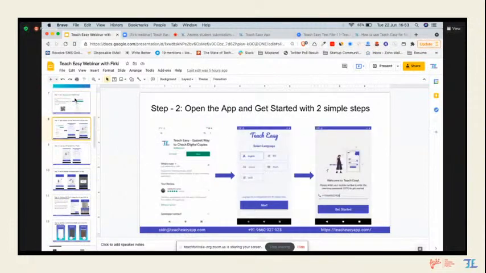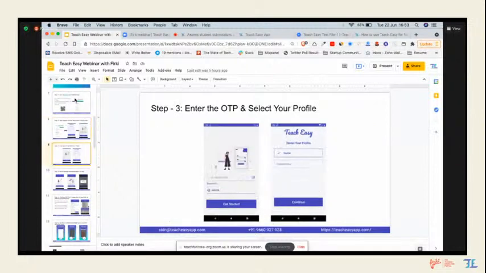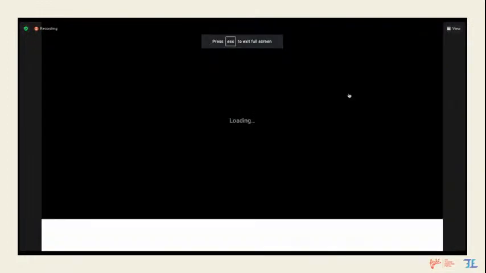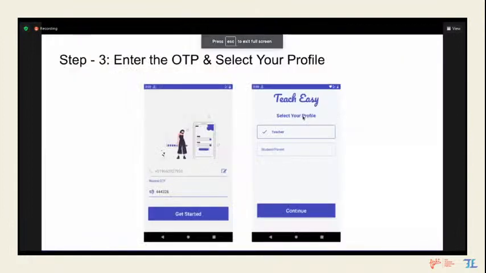Now open the app and enter the mobile number you want to register. When you do that, enter the OTP. Now Ttz will ask you whether you are a teacher, a student, or a parent. As a student, you should select the option student or parent account, and then continue.